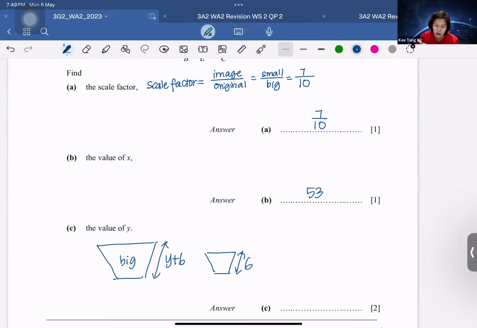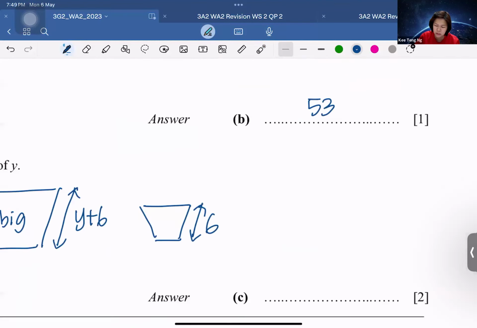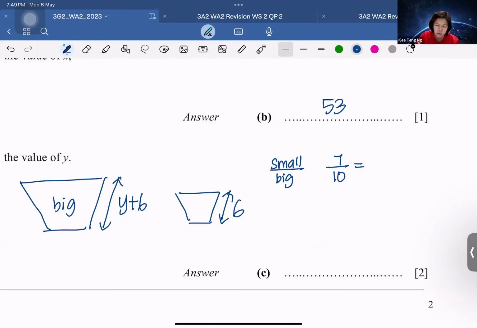Since I have my scale factor ratio, small over big is 7 over 10. So the small over the big, I must remember, since I have it as 7 over 10, it must equal the small length over the big length. So that will be 6 over y plus 6. Small over the big, then we cross multiply. 7y plus 42 equals 60, so 7y equals